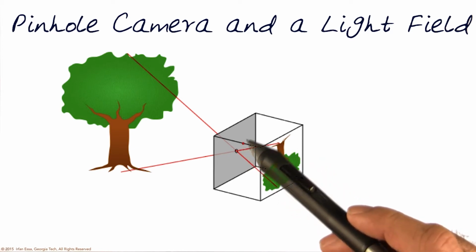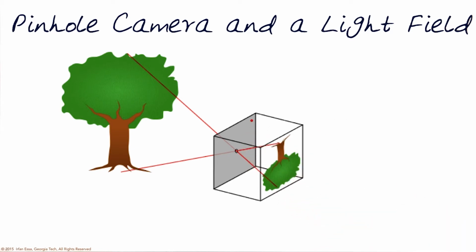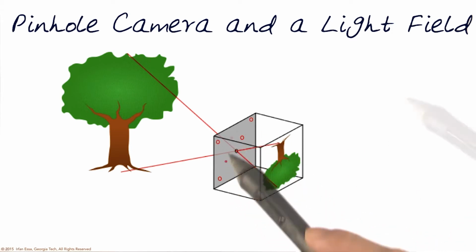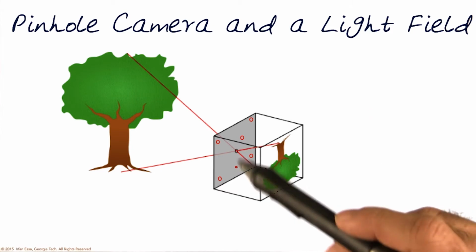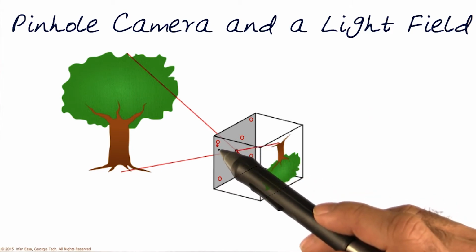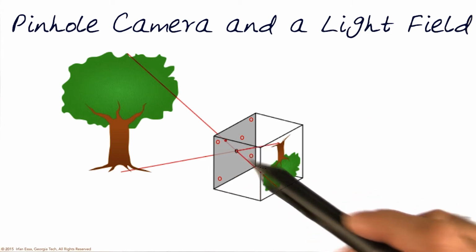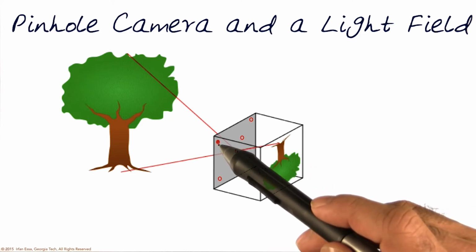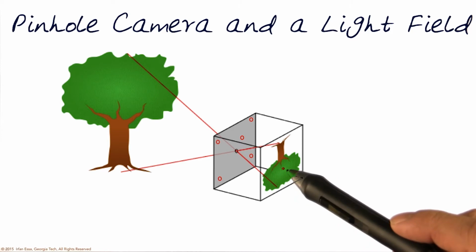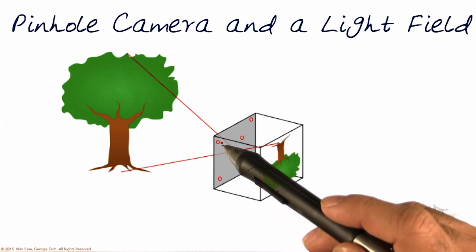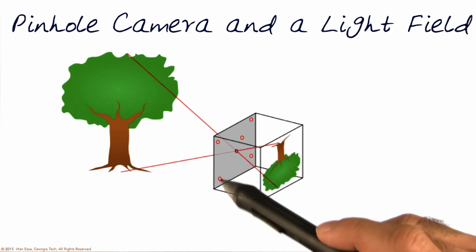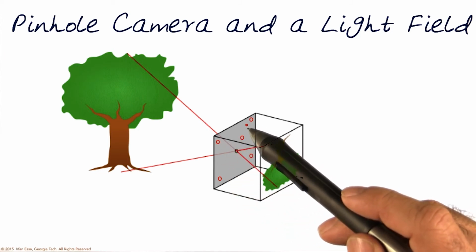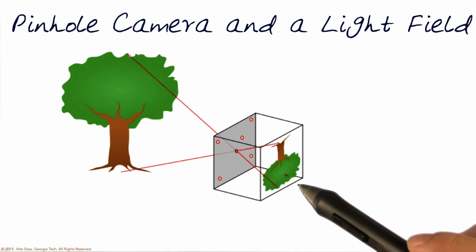So in essence, I could close this hole and put another hole anywhere else on this screen, and that will actually act like a pinhole. So you could actually put a number of pinholes in this surface. Each one of them will basically become the sensor for this point here, the light source that will actually create an image like this, of course, from a different viewpoint. So you can imagine now anywhere on this one surface here, the two-dimensional patch, I can put a pinhole and it would generate a different image, right?